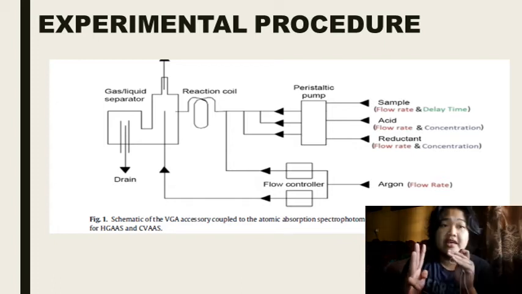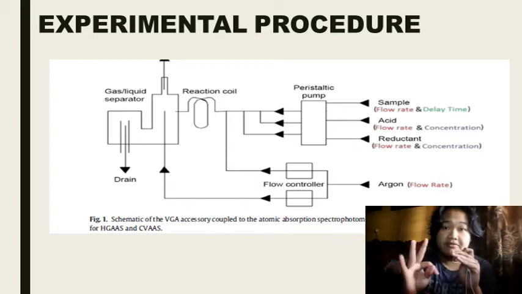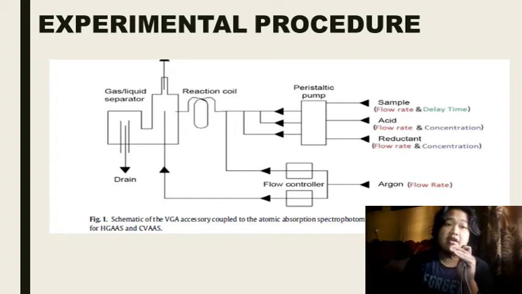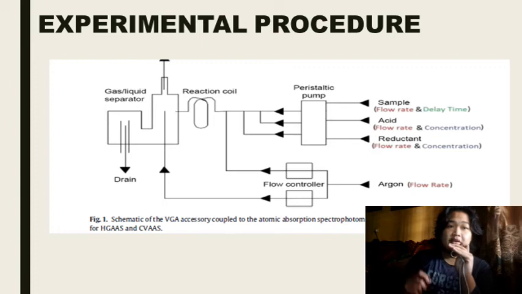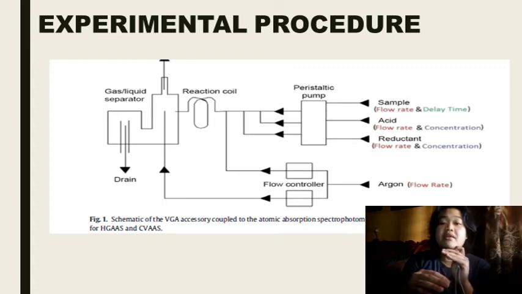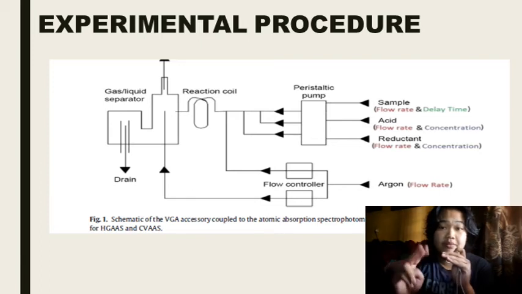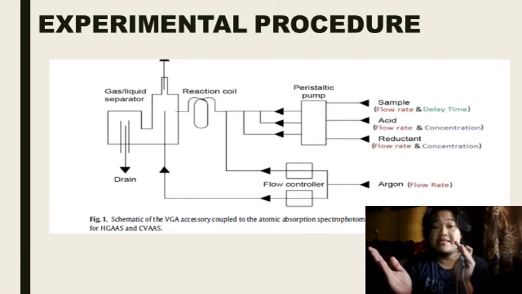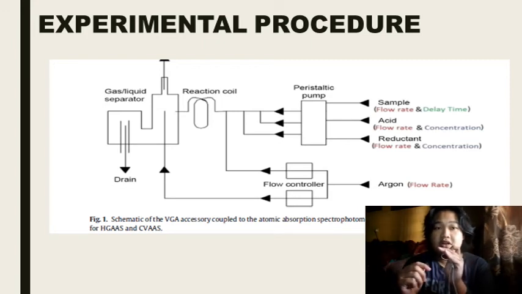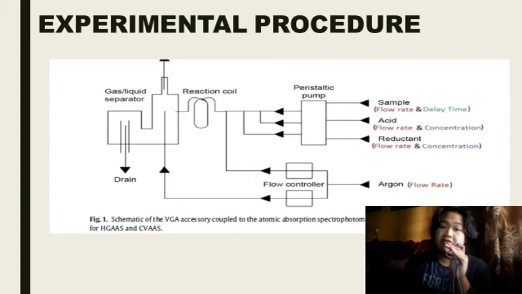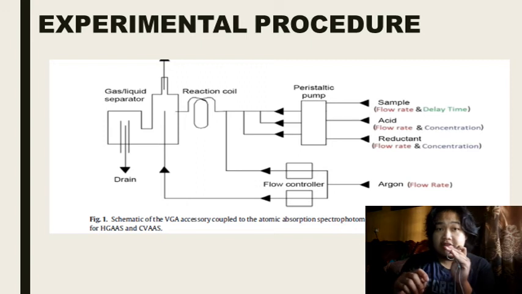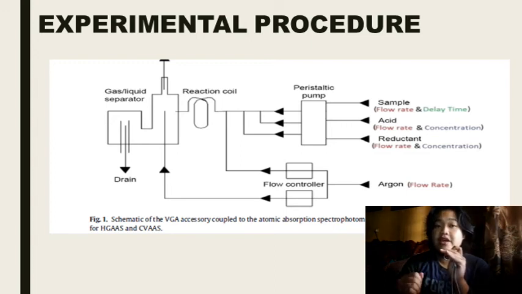First, there are 3 calibration standards. 10, 30, and 50 ppb of calibration standard were prepared for each metal that will be analyzed in a 50 ml Erlenmeyer flask. Number 2, the mercury will be optimized. Number 3, the concentration of reducing agent varied and acid solutions were prepared in volumetric flasks. Number 4, the respective solution was placed in a 25 milliliter measuring cylinder. Number 5, volume of reagent used in the 60 seconds was